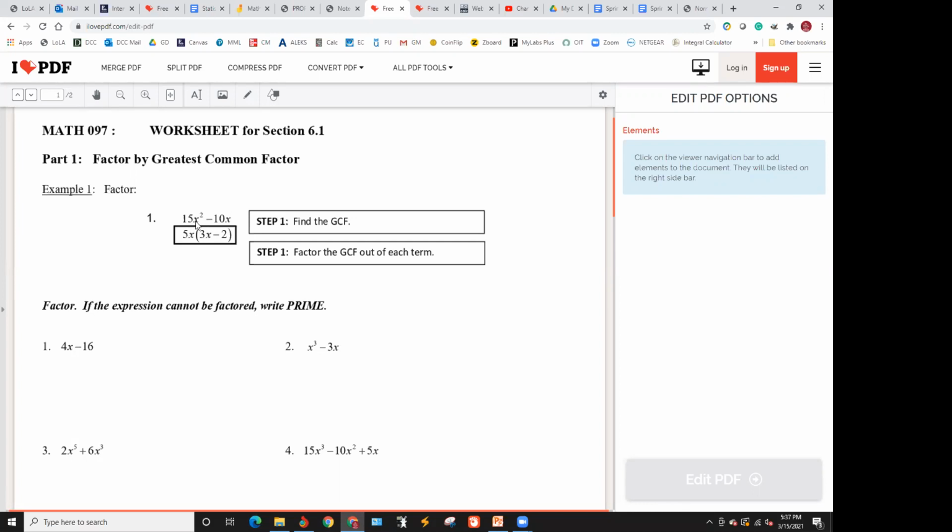Now, let's look at the variables. Here we've got an x squared in the first term, and the second term has got an x. Well, here's the thing: if the variable is common to all of the terms, then you simply take the variable with